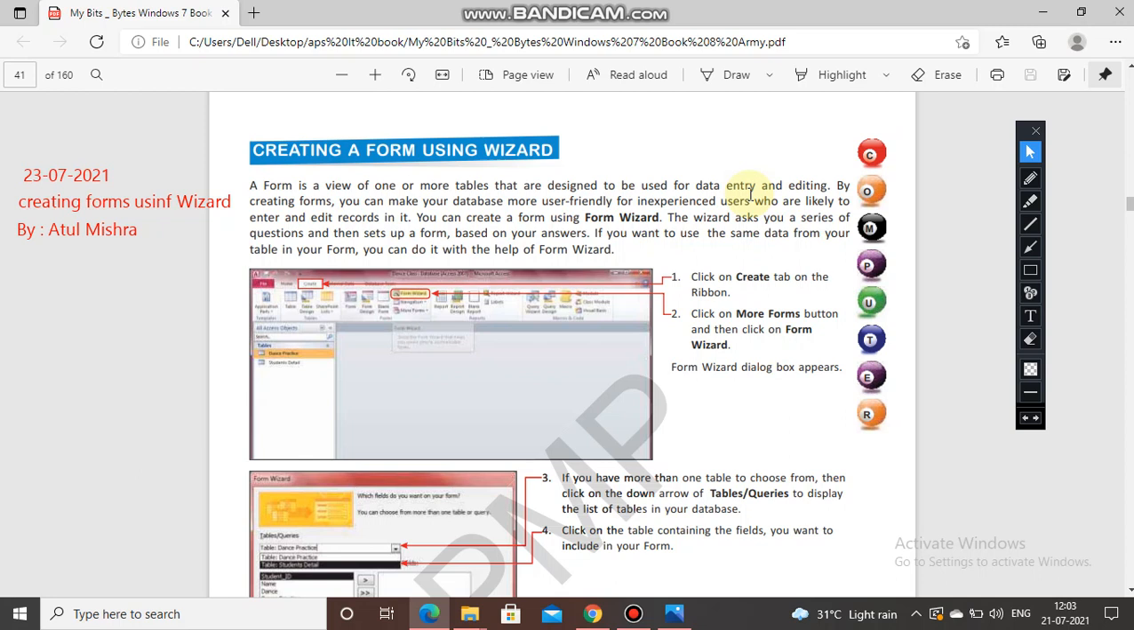By creating forms, you can make your database user friendly for inexperienced users. What we can do is make it more user friendly so that people who are inexperienced are also able to understand it, and who are likely to enter and edit records. Like the school is providing you a form, so it has been made